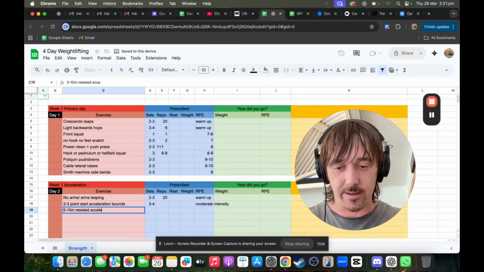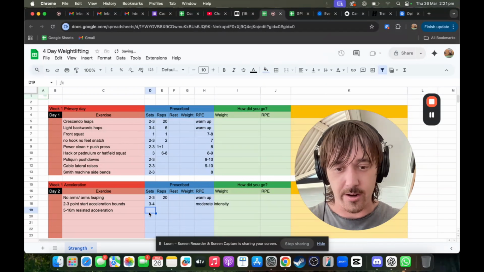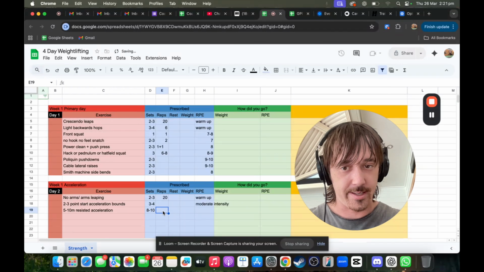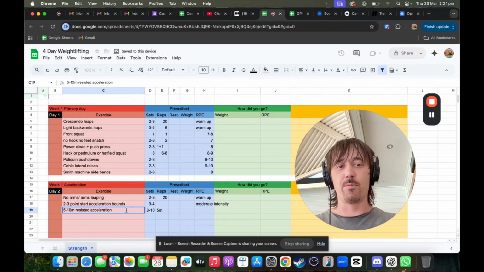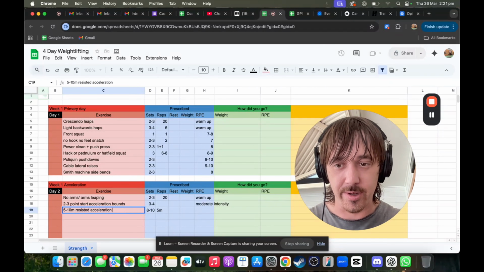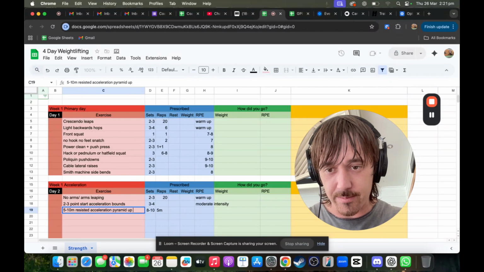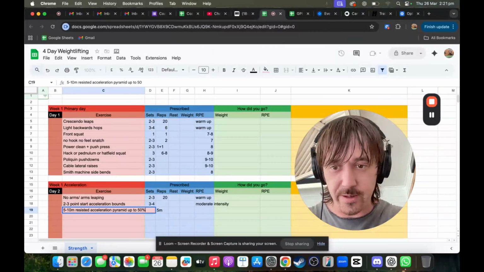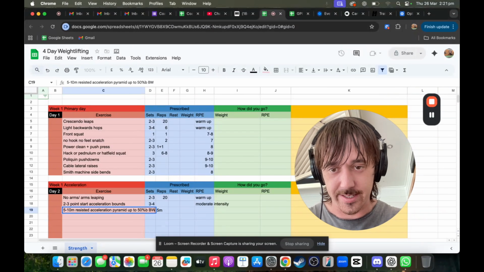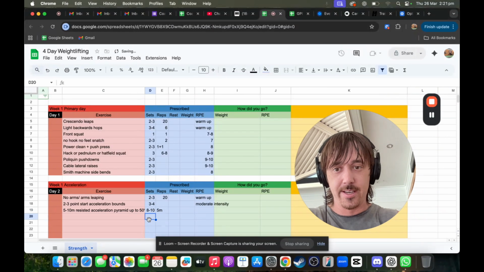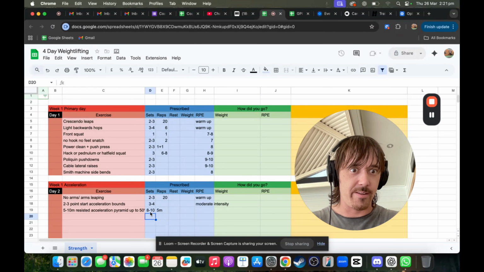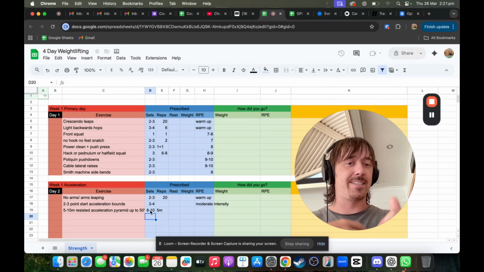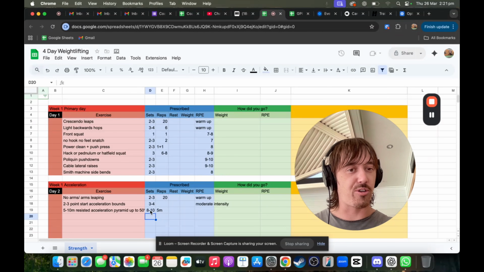Resisted acceleration, I'm going to go 8 to 10 sets. Again, more autoregulation everywhere. And what we're going to do with the weight on the sled, we're going to pyramid up to around 50% body weight, which is going to be the sweet spot for a lot of athletes. So around set 4 or 5, you want to hit 50% body weight. And then you can either stay there for the rest of your sets or you can pyramid back down